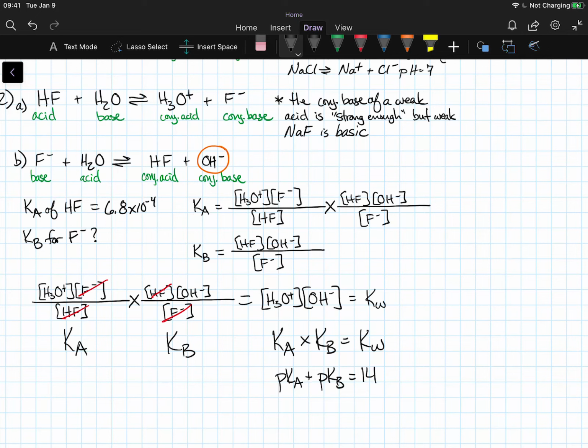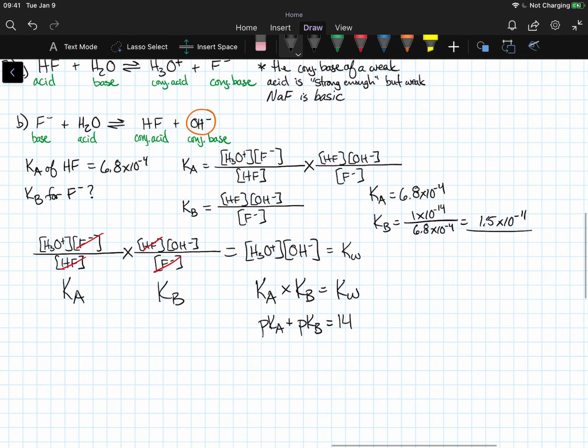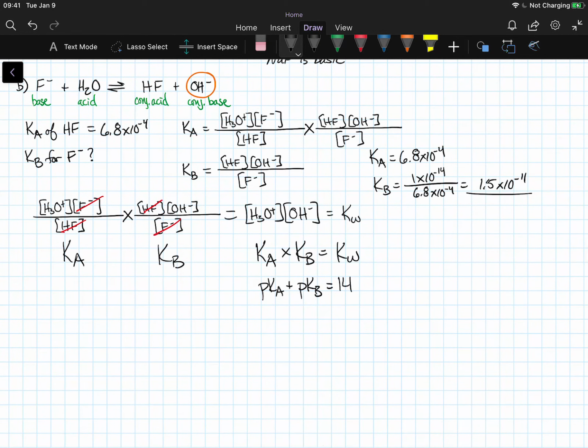So in this case, we have Ka. We know the Ka for fluoride, or for hydrofluoric acid, is 6.8 times 10 to the negative fourth. So Kb for the fluoride is simply going to be 1 times 10 to the negative 14th divided by 6.8 times 10 to the negative fourth, which should give you 1.5 times 10 to the negative 11th. So now we've got Kb. Now we can come up with a theoretical reaction and figure out what the pH of a fluoride solution would be. So let's say, as an example, just kind of making this up, what is the pH of a 1